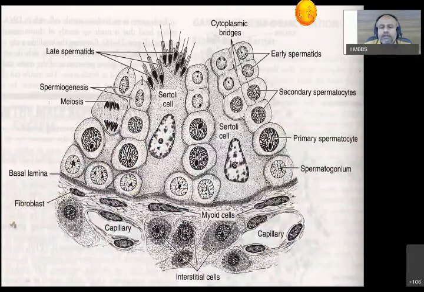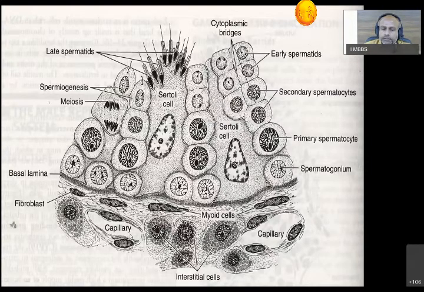Here, this is the figure from our book. Spermatogonium is the basic germ cell at the basal lamina or the basement membrane. You can see the basic germ cell that is deposited in intrauterine life. After the attainment of puberty, due to the stimulation of the testosterone hormone, the stages of development of spermatogenesis start. The process of formation of sperm starts. Primary spermatocyte, secondary spermatocyte, early spermatid, late spermatid. These are the stages. These are the nurse cells, Sertoli cells, the fibroblast cells.